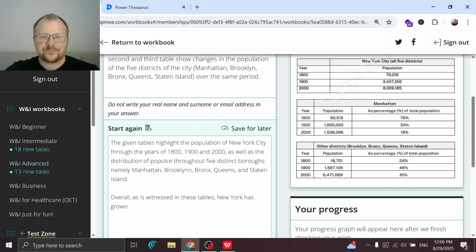Let's say grown a staggering 1,000%. Is it 1,000? 100%. 100-fold within these 2 centuries, and the districts have undergone